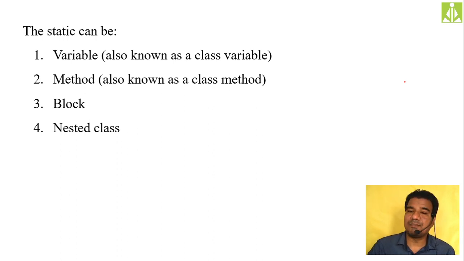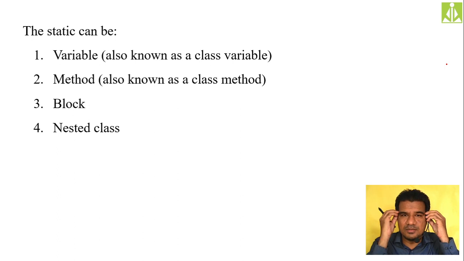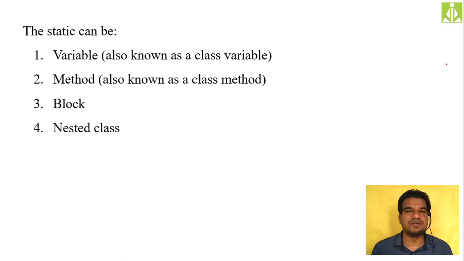See here, in the bracket I mentioned that very clearly. When you are applying the static keyword to a variable, we are not calling that variable an instance variable. Rest of all the variables, your normal variables, we call them instance variables. But when you apply the static keyword to a variable, we call that variable a class variable. Remember this one. Even if you apply the static keyword to a method, we call that method a class method. We are not calling that an instance method.